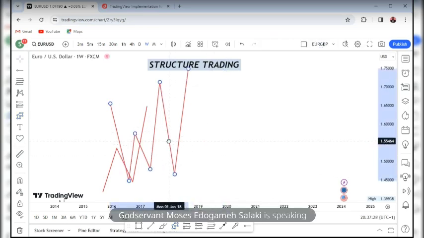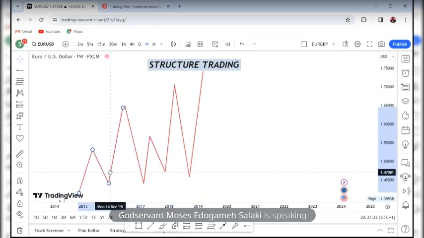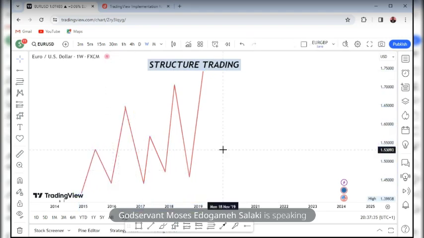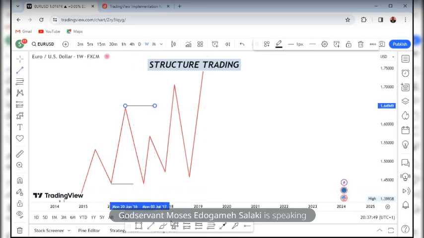So if we are bullish, this is what you would want to see: an established trend, price giving you a series of highs, giving you a series of lows. And then I've said that all the lows and all the highs are liquidity points, which price is going to be attracted to. All the highs will be liquidity points. All the lows will be liquidity points.